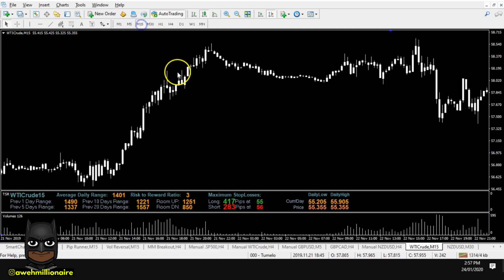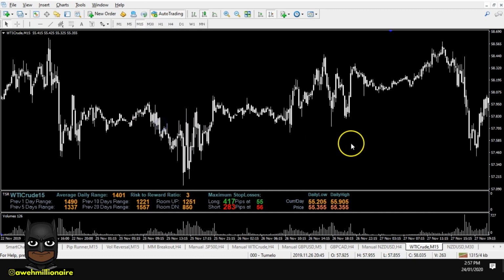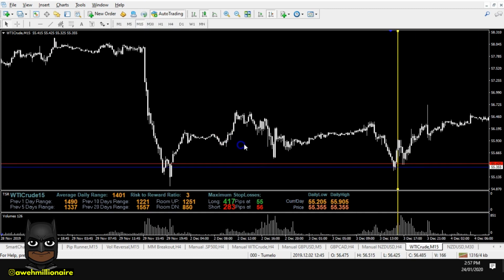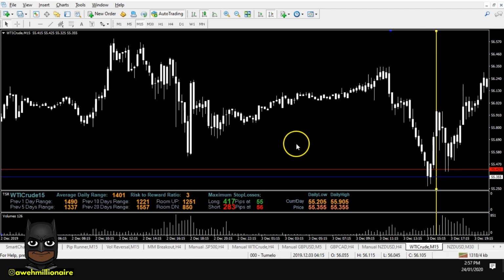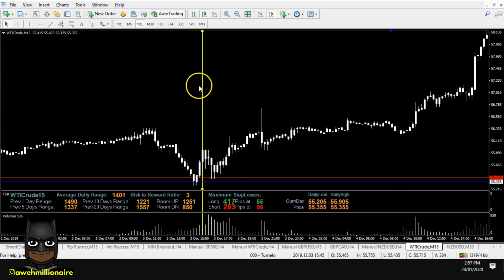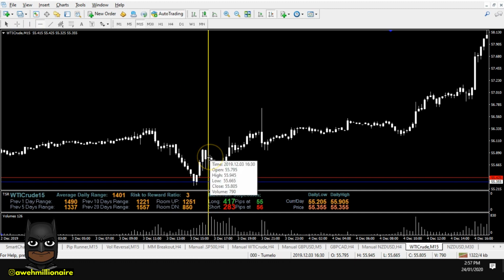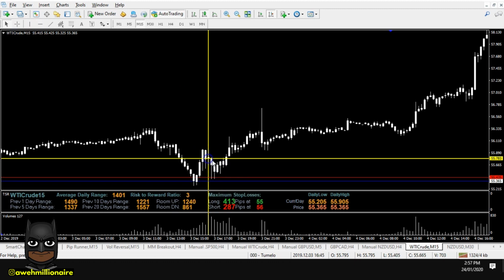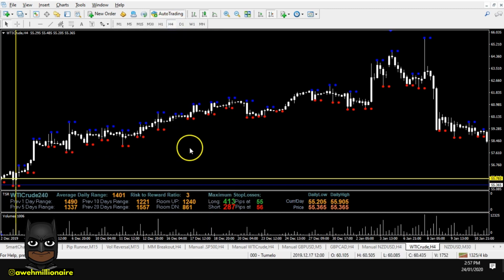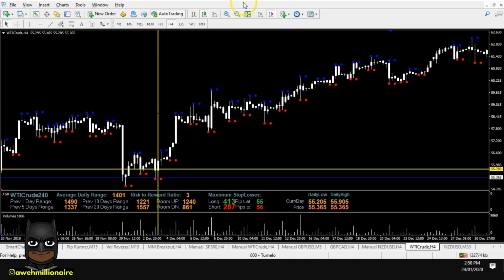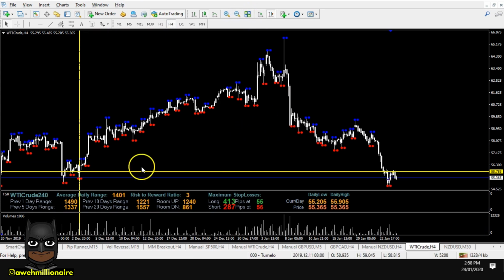So on the 4-hour, let's be as specific as possible and see exactly where this demand level is. Demand level, right there, using Forex volume to help me identify it. There was the first demand level, as you can see right over there. If I zoom out, you can see it right over there, plain and simple.